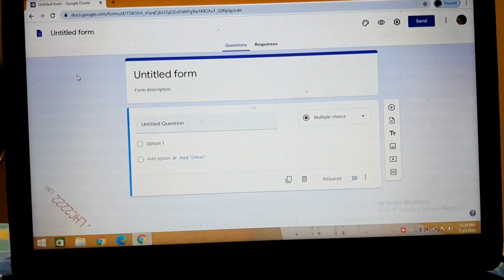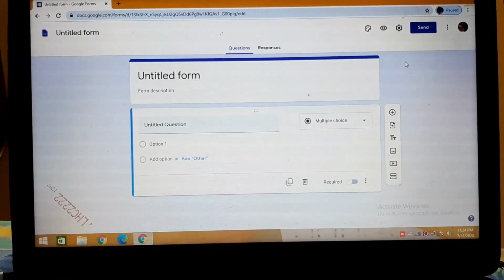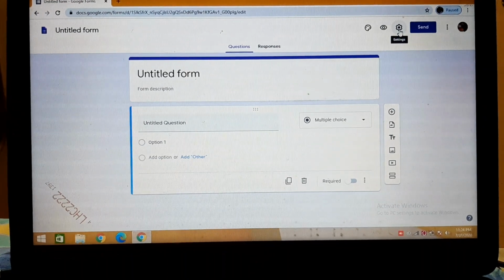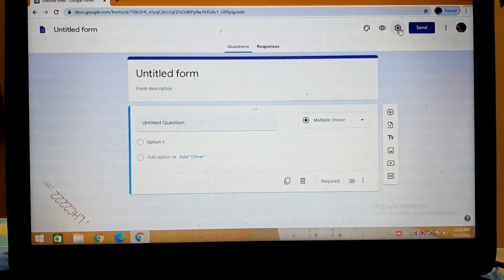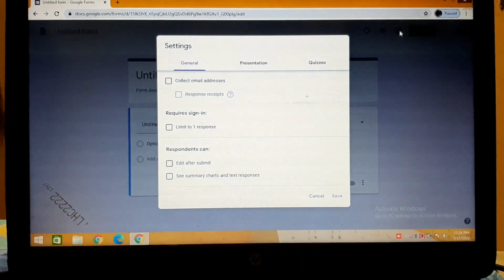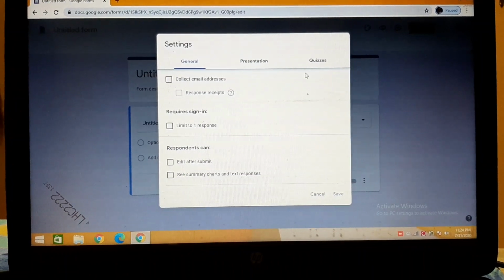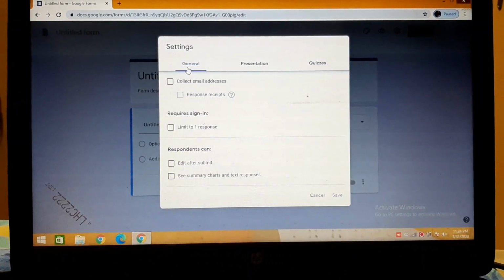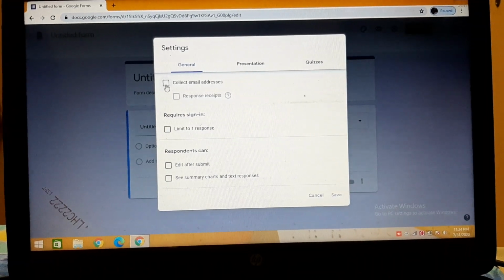Now before using the form for designing the question paper, there are some settings that are to be taken care of. When you click on the settings option here at the top right corner, there are 3 tabs for settings: general, presentation and quizzes. The first tab is the general tab. There's the option of collecting email addresses.